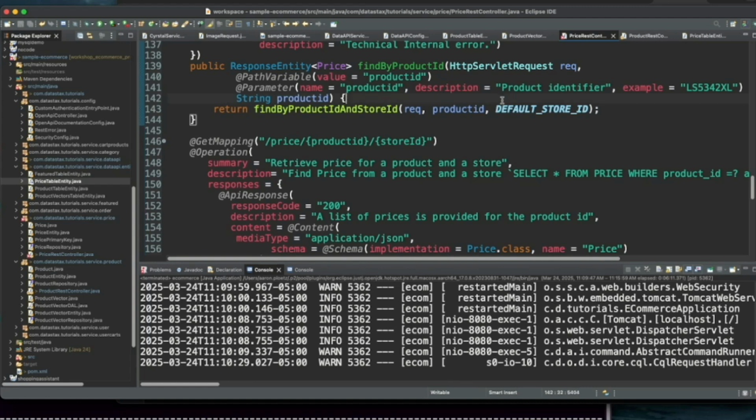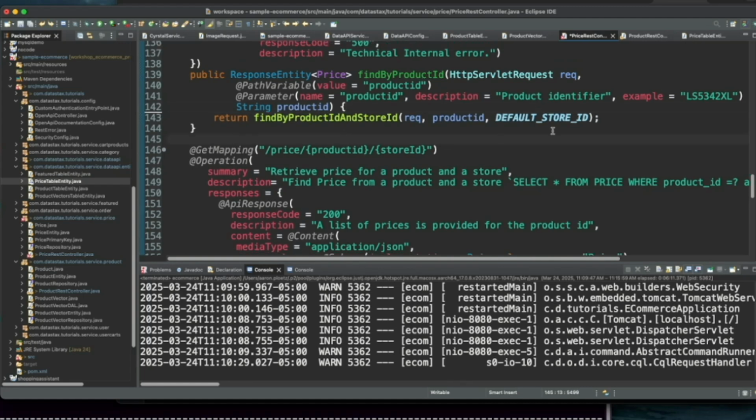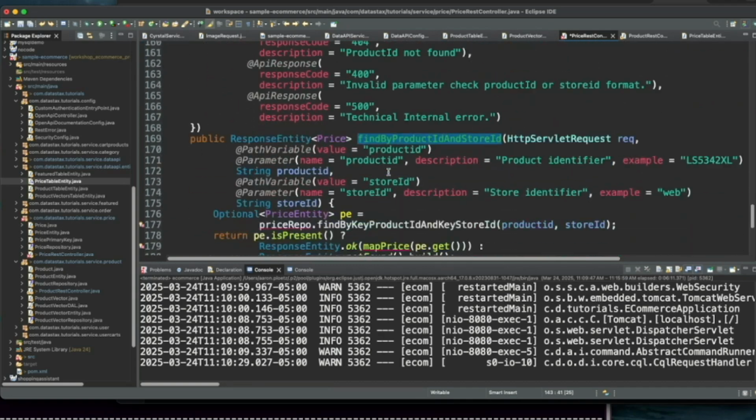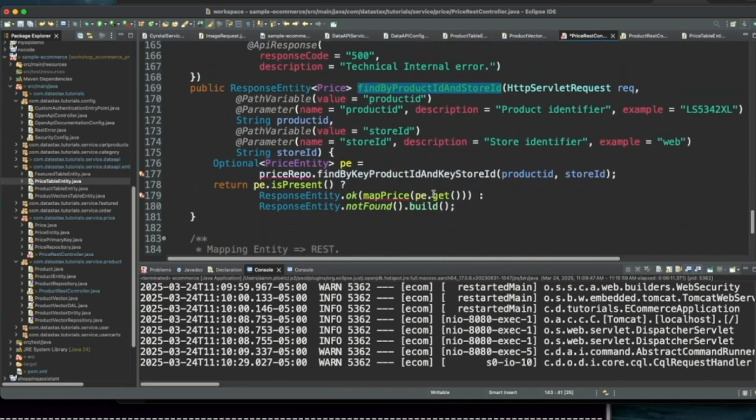Let's move on to here. So really, what this one is doing here is calling with a store ID. And for this one, we're just worried about the web. So we're going to do a find by product ID and store ID, which is really this next one here. So this is the next one that we need to worry about.